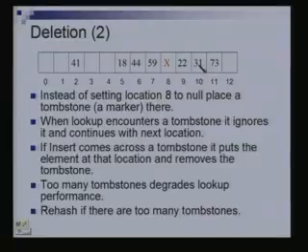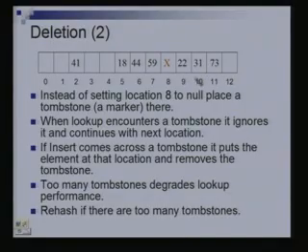So as before, if I was searching for 31, I would come to location 31 mod 13, which is 5. I would come to this location, go here, see an X here and not null, see a tombstone here, and continue till I find either a null location or 31. So I found 31, so I declare 31 is there. When a lookup encounters a tombstone, it ignores it and continues. When an insert encounters a tombstone, what does it do? It will put the element at that position. We have kind of reclaimed the space.